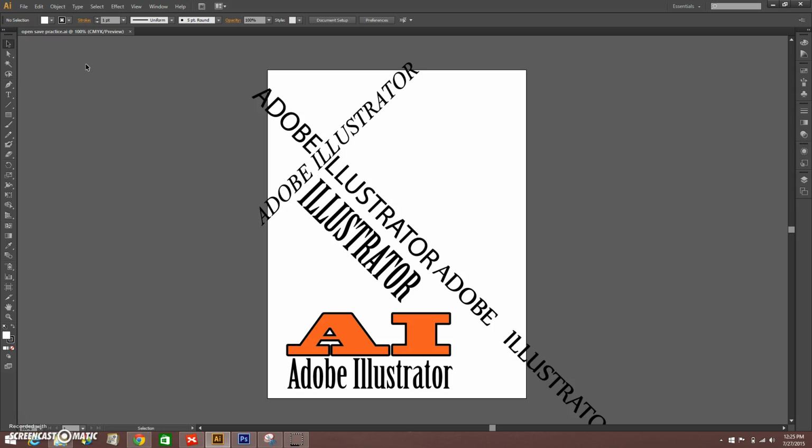But of course, you should probably know by now that Illustrator is a vector-based program. It doesn't use pixels to display its artwork, so you can zoom in and out and print at different sizes, as long as it's vector artwork, basically till the cows come home, and it's still going to hold its quality and look good because it doesn't use pixels. It uses mathematical formulas to display that, and that's why we call it vector. Whereas Photoshop does use pixels, but it can get more detailed, more finite, photorealistic outcomes, and that's why you would want to use Photoshop to edit things like photography and more finite details.